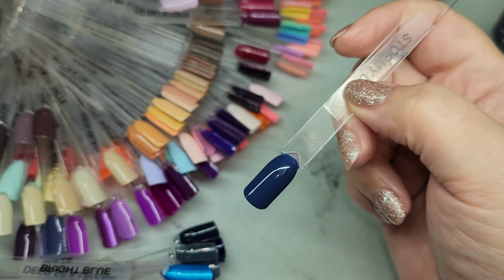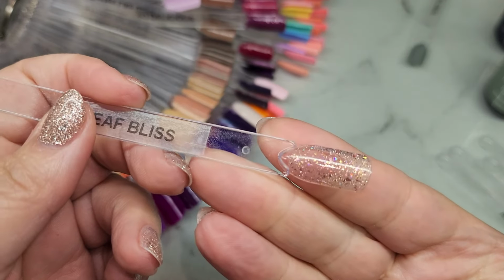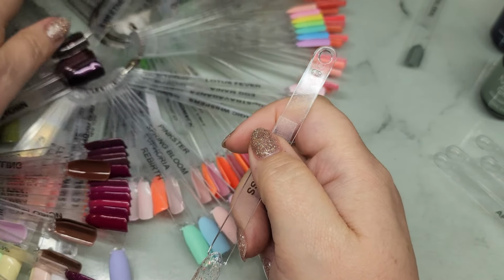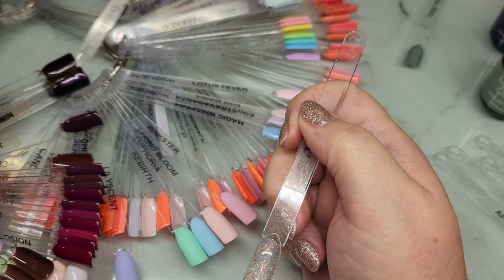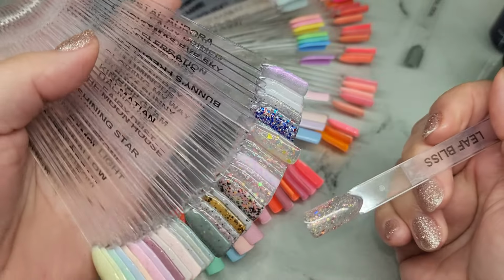A little bit lighter than a true navy, but it would still work. Okay, and of course we don't have anything like Leaf Bliss. I do have in here my odd toppers and stuff. Let me find it. Oh, I found some more greens. Those are glitters. Where are my... Here they are. So we have all of the beautiful